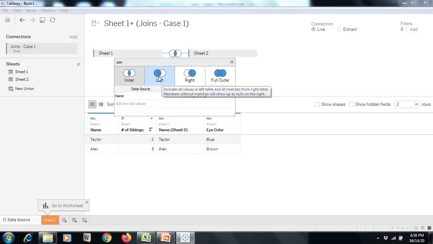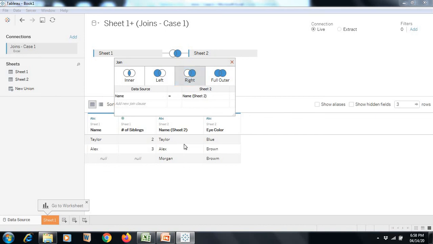If you want to make the left join, you just click on this. The entire left table is kept, and from the right table only the values which are mapping are pasted here, and the rest is reflected as null. If I go for the right join, this is all my table at the right as well as, from the table at the left, only the values which are common. In full join, all the unique values have been pasted here. These are 4 values from table 1, and Morgan is from table B, the second table.